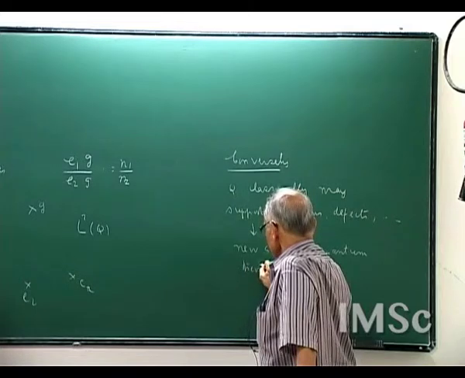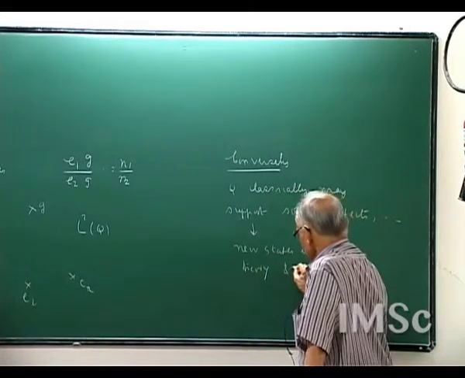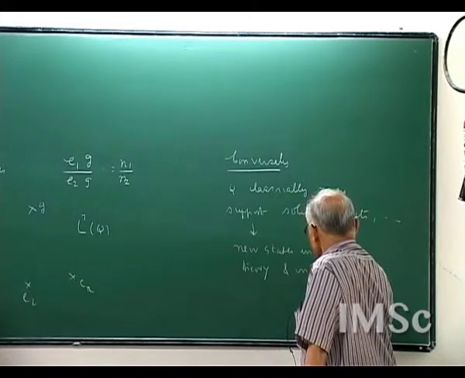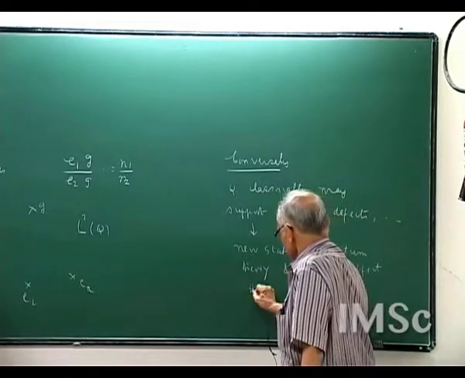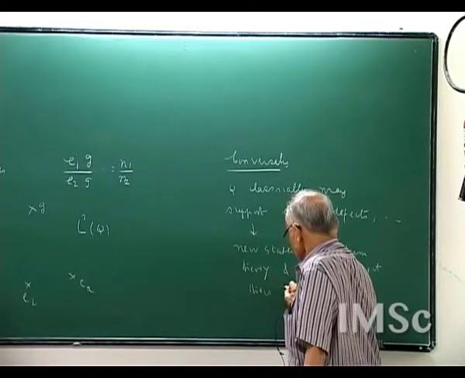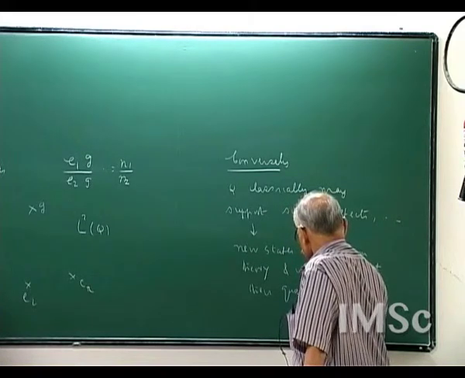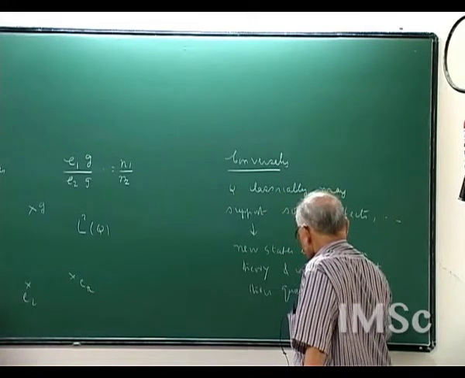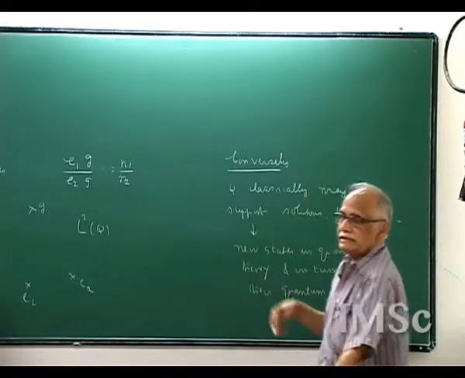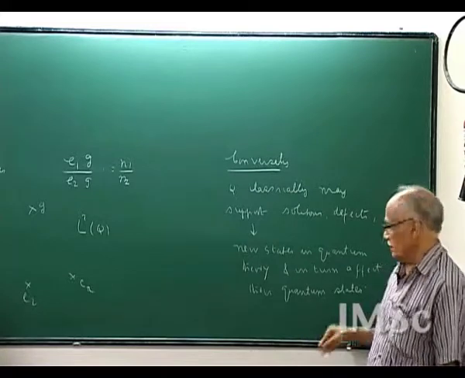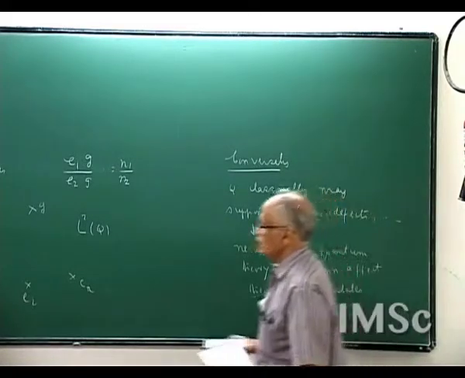First thing they will do is to lead to new states in quantum theory, and in turn affect their wave functions, their quantum states. So the classical topology affects quantum theory in several different ways. It affects you first